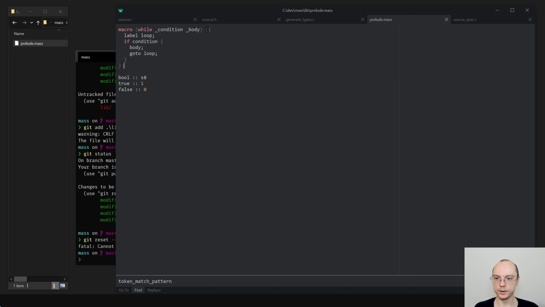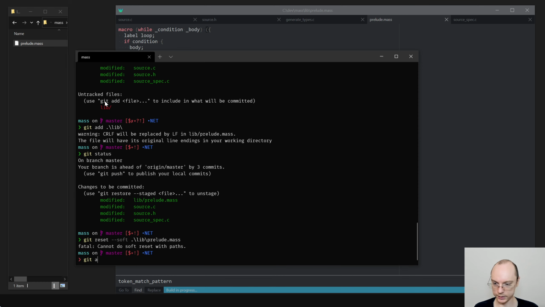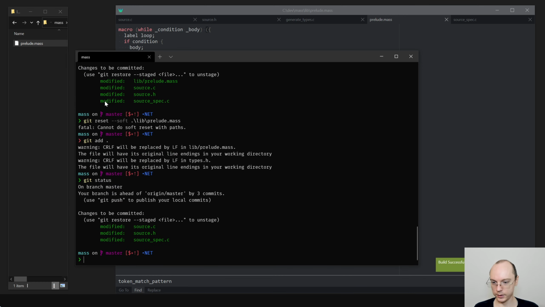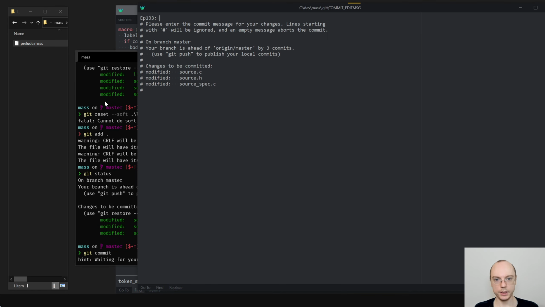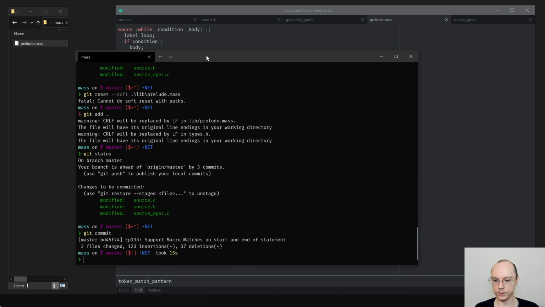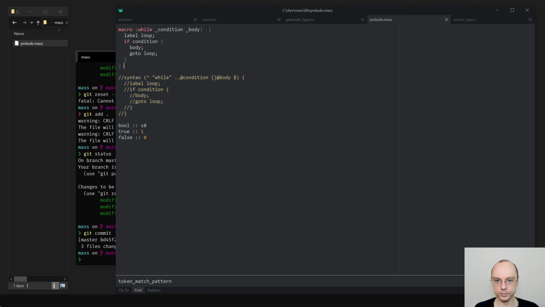I need to learn more Git, or I don't know, not use Git. Git commit episode 133: support macro matches on start and end of statement. So this is nice.